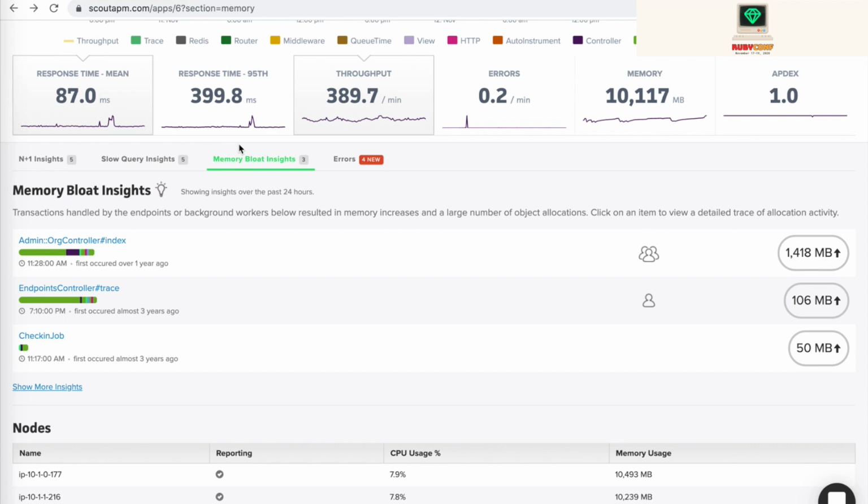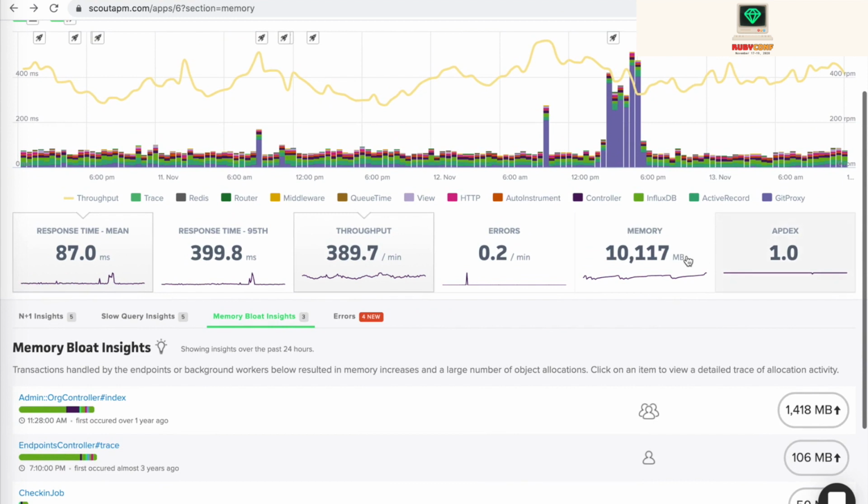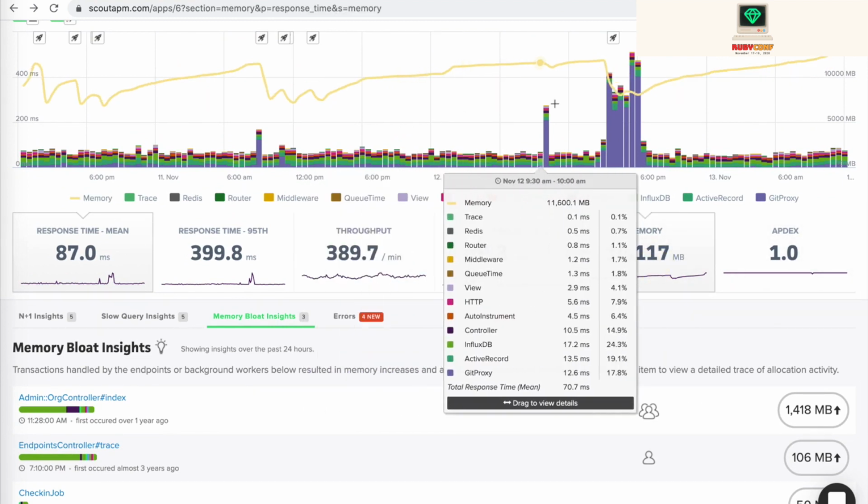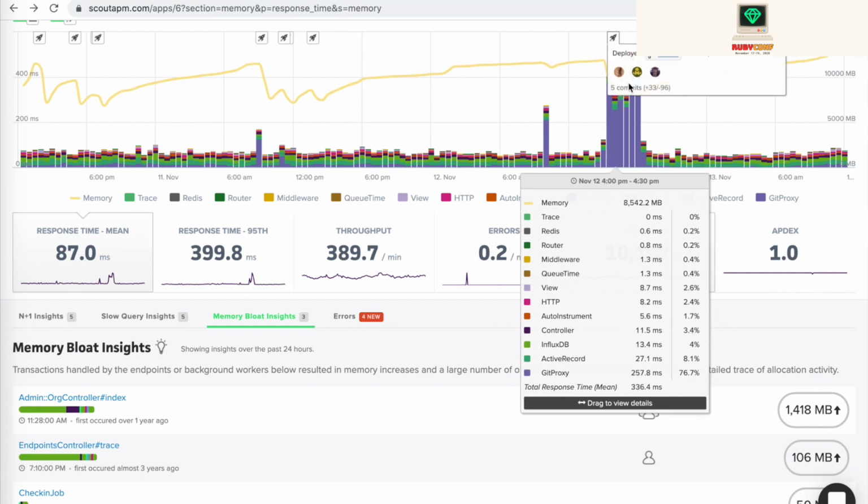So any memory that's actually allocated to your application tends to come back very slowly to your operating system. So in the case of memory bloat, where you have something that causes a very large increase in memory usage, that will increase your overall watermark for your application. And that typically doesn't go back down until you do deploy.